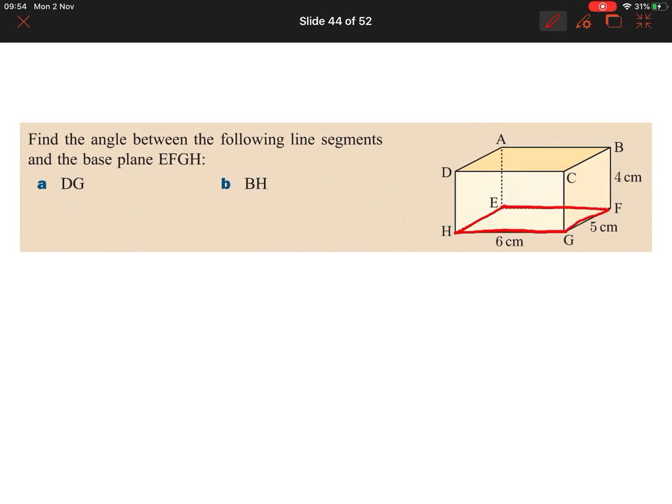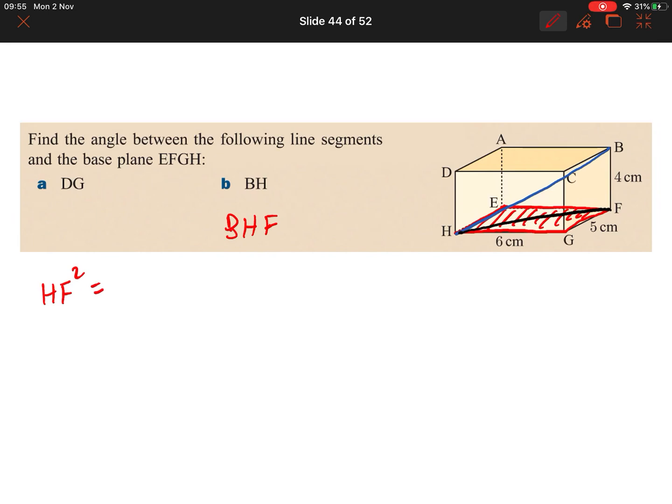Again, let's draw in the plane that I'm interested in. So that's the plane there. And then draw in BH, BH there. And then imagine a shadow is being cast onto the plane directly from above. So the angle that we actually want to know is BHF. This is a bit trickier this time because we don't know the length of